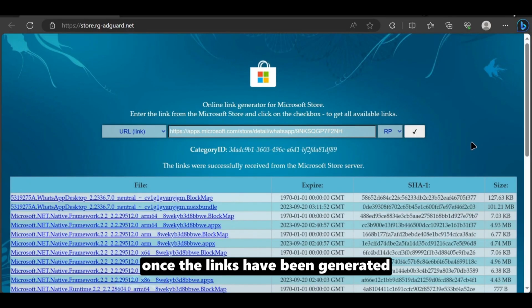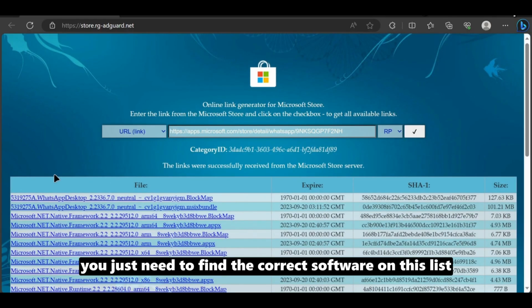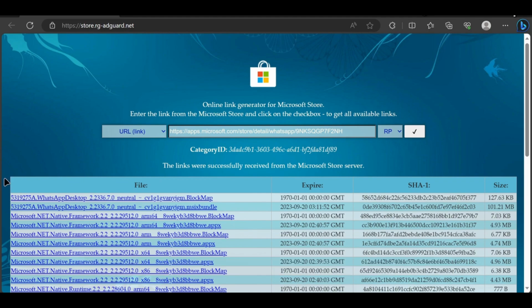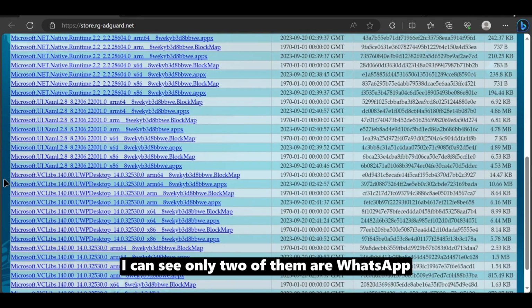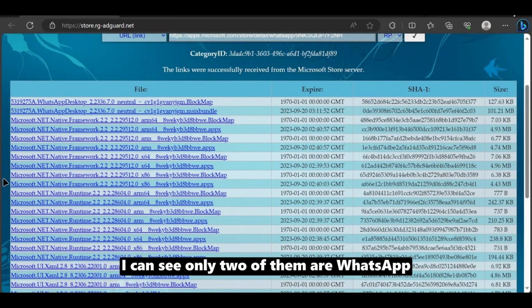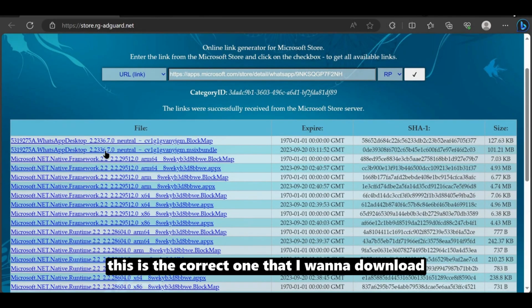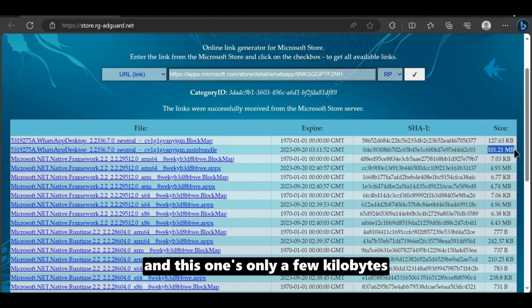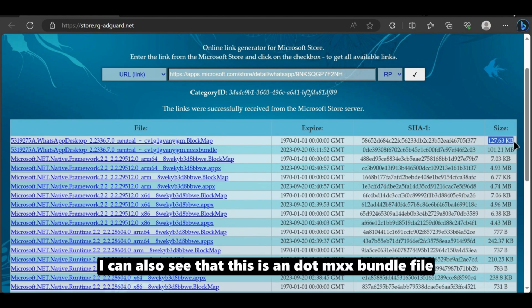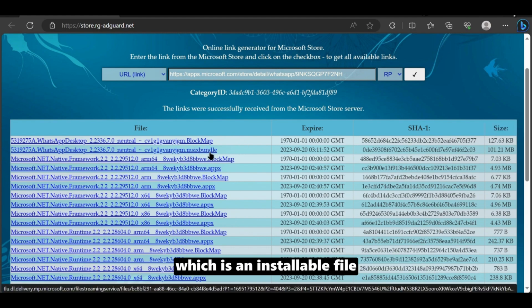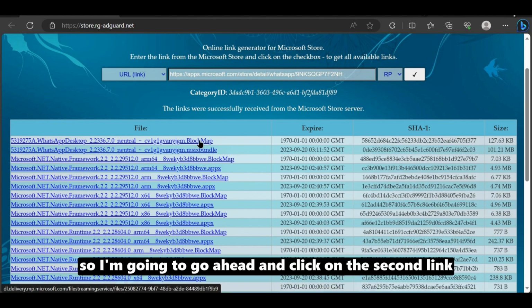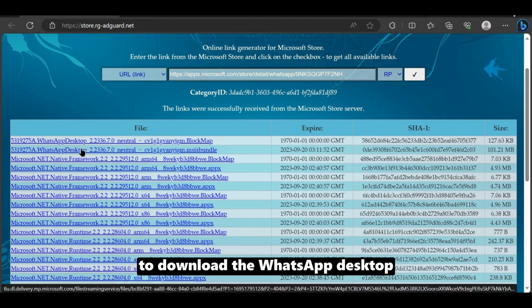Once the links have been generated, you just need to find the correct software on this list. And although I got a lot of results here, I can see only 2 of them are WhatsApp. And judging by the size, this is the correct one that I want to download, as this one's almost 100 megabytes in size, and this one's only a few kilobytes. I can also see that this is an .msixbundle file, which is an installable file, and that is a .blockmap file. So I'm going to go ahead and click on the second link to download the WhatsApp desktop from